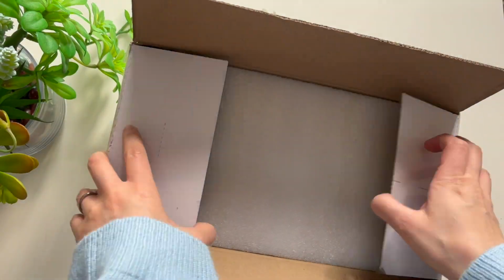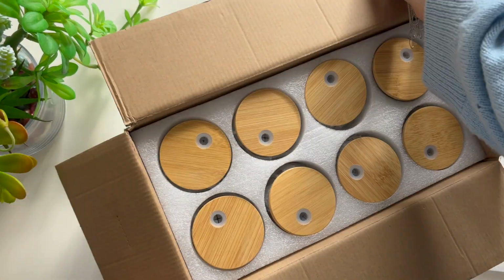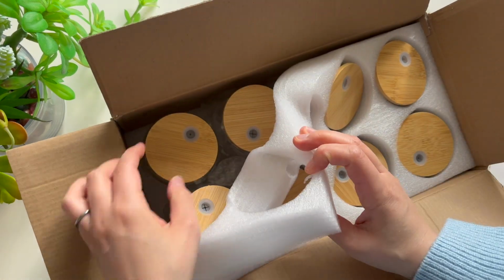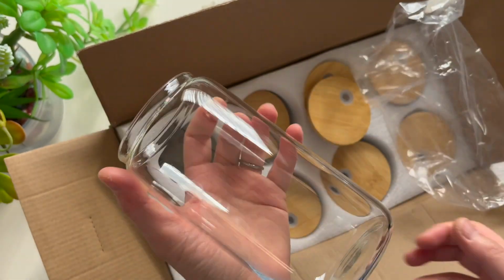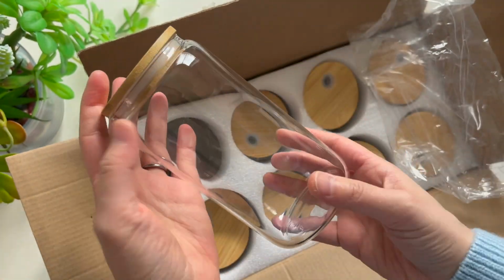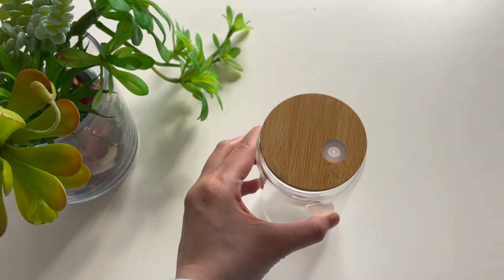Here are 16-ounce glass cups from Joy Club. They're great for yourself or as gifts. I've designed some cute crochet cup coaster designs lately that would work as really nice gift bundles with these cups. Since it comes in a budget-friendly set of 8, you can split it into 8 individual gifts with handmade cup